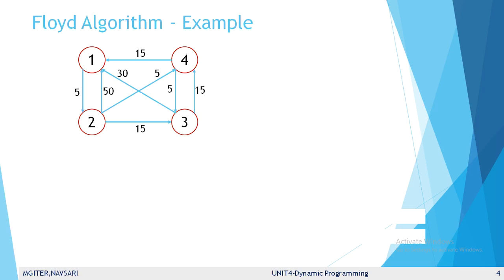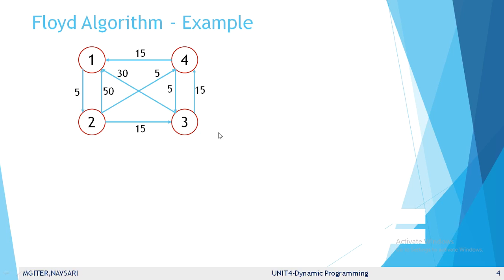The Floyd algorithm is for computing the shortest path between every pair of vertices of the given graph. The Floyd algorithm requires a weighted graph. The Floyd algorithm computes the distance matrix of a weighted graph with n vertices through a series of n by n matrices, for example D0, D1, up to D raised to k minus 1, up to D raised to n. In each matrix D of k, the shortest distance D of ij has to be computed between vertex v of i and vertex v of j.